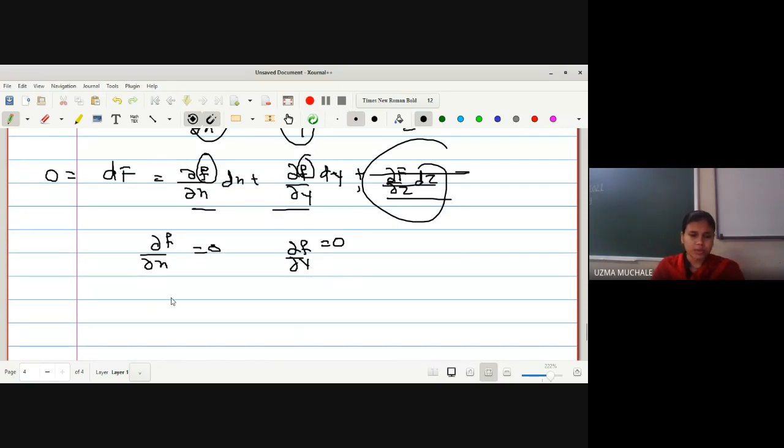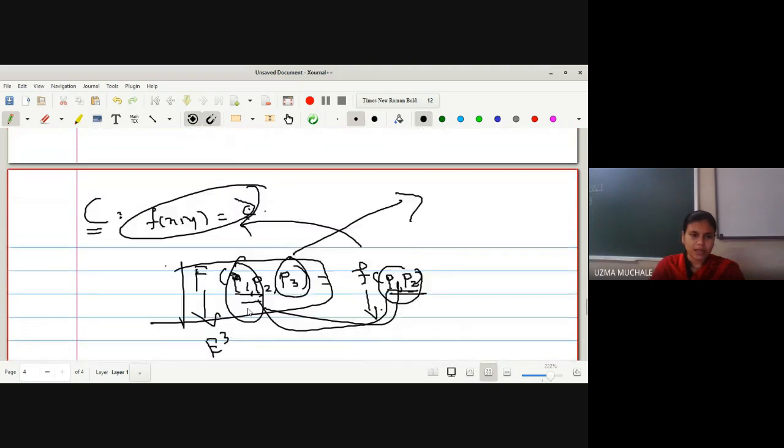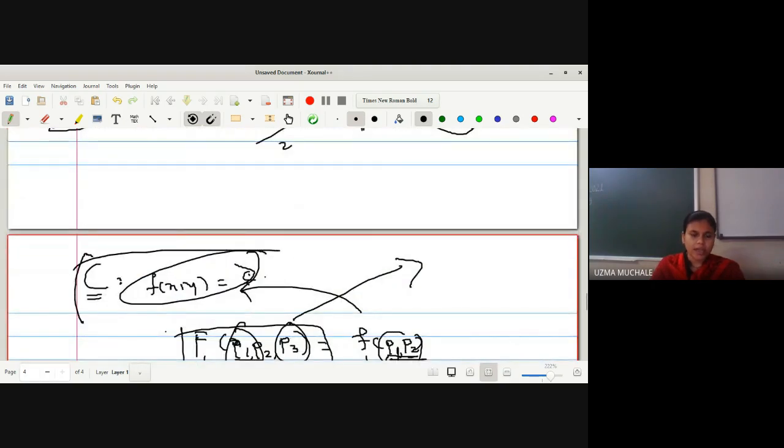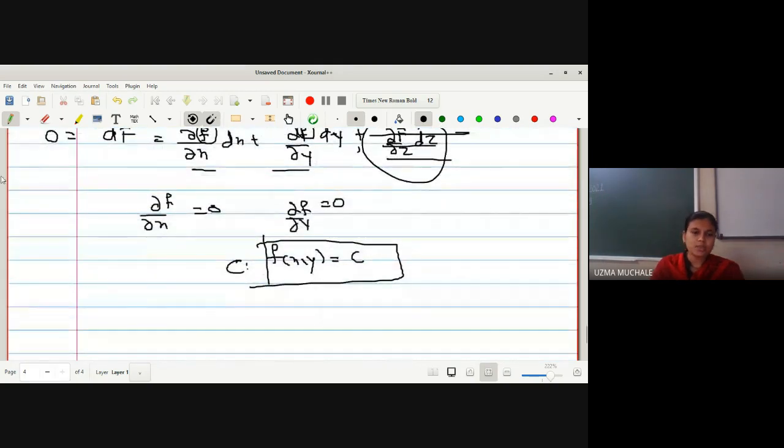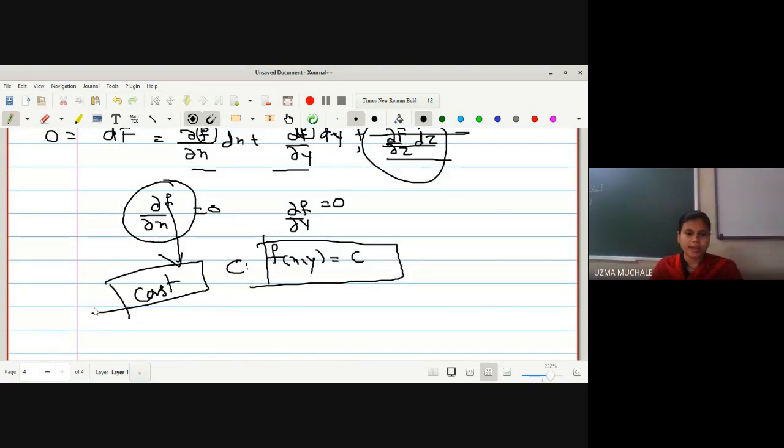But whether it is possible that dou f by dou x and dou f by dou y will be equal to 0 simultaneously, क्योंकि हमने दिया क्या है यहाँ पे, f of x y is equal to c is a curve, इनिशियली हमने डिफाइन किया है ना, ये एक कर्व है। अगर ये कर्व है तो अगर मैं इसका पार्शियल डेरिवेटिव विथ रिस्पेक्ट टू x इक्वल टू 0 कंसिडर करूंगी तो फंक्शन कांस्टेंट हो जाएगा ना, it is not a curve, it is simply a constant line।